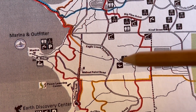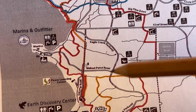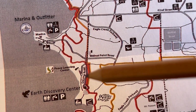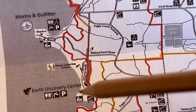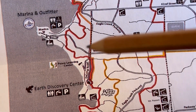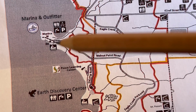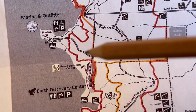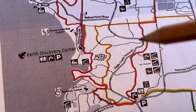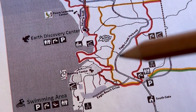Here is Picnic Area 5, and I take a turn onto Walnut Point Road and DeLong Road and stop by the Earth Discovery Center area. From there, I head back down to the Marina and then back out Walnut Point Road and continue on Eagle Creek Parkway south. So basically I just do a big loop of the park,